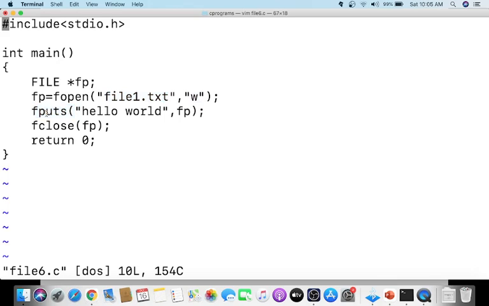It is similar to puts. In puts you simply mention the string inside, but here I mention the string, comma, and the file pointer, which points to this file. So this hello world will be written onto file 1.txt, and we are closing the file.